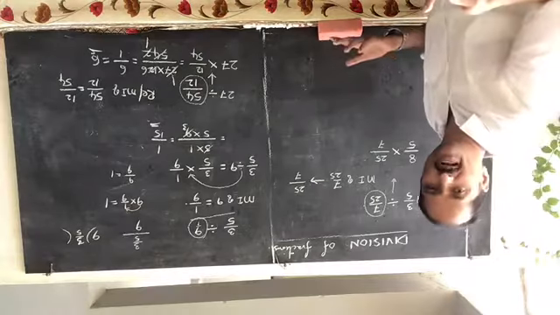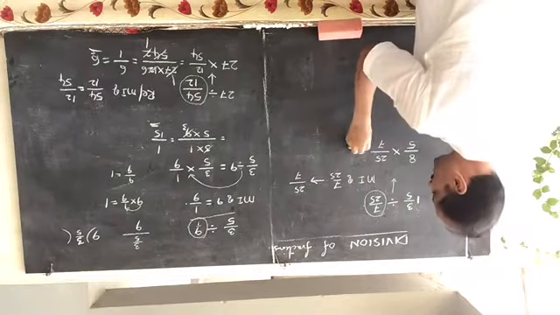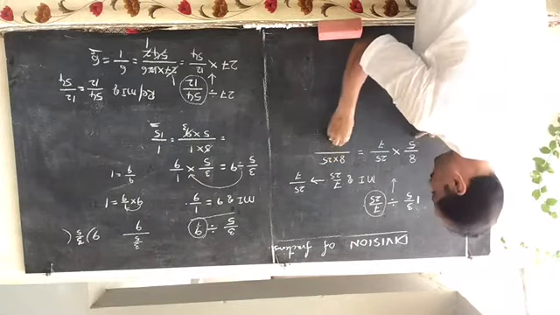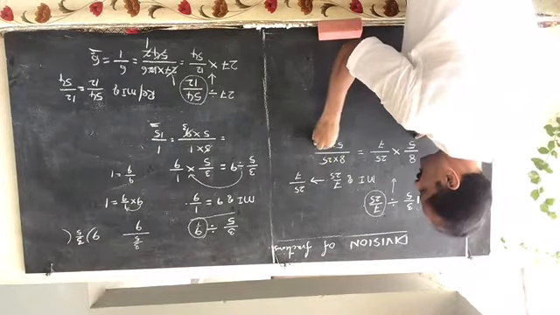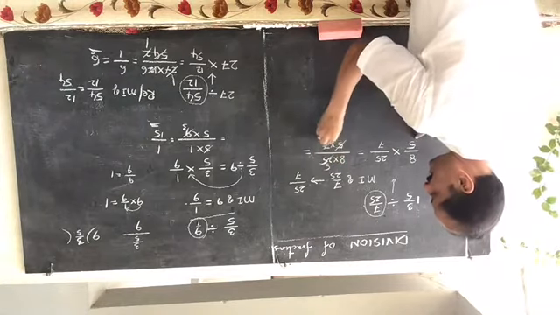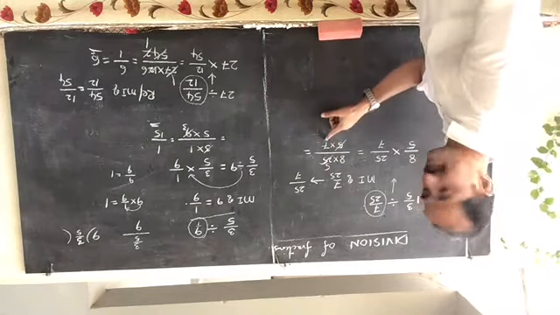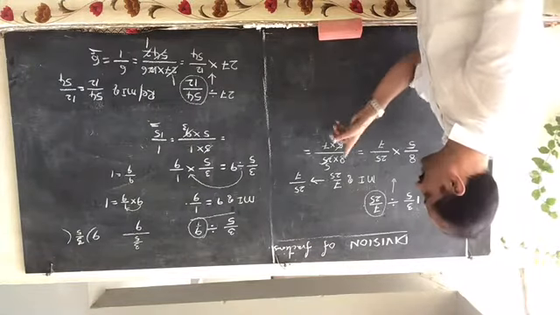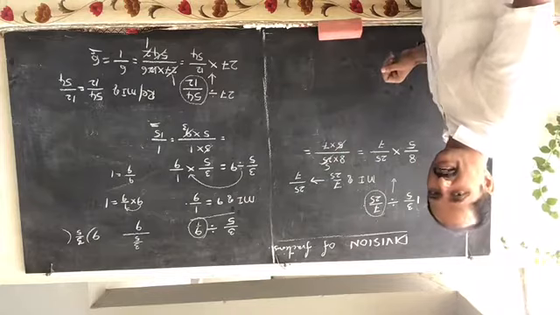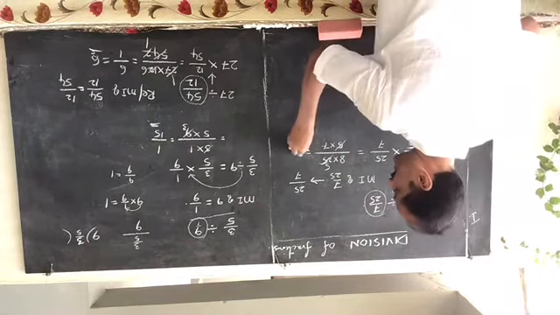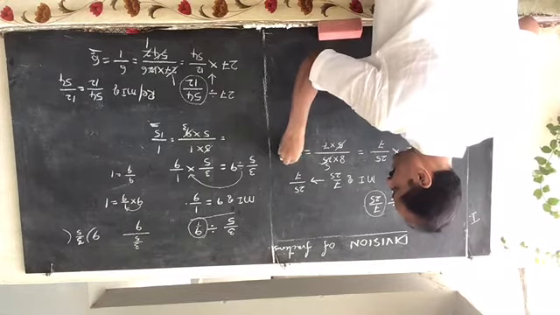Now you know how to multiply two fractions. Just multiply the numerators, divided by the product of the denominators. 8 into 25 by 5 into 7. That is equal to 5 ones are 5, 5 fives are 25; 8 fives are 40 by 7. Is 7 a factor of any of these? No. So 8 fives are 40 by 7. 40 by 7 means how many 7s are there in 40? 7 fives are 35, remainder 5.